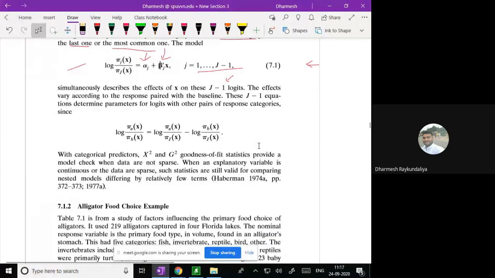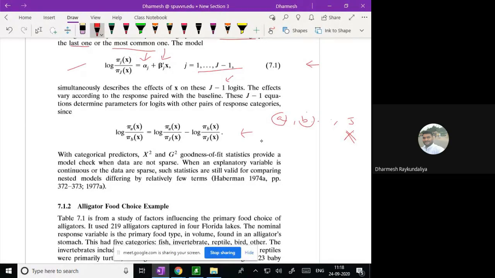Suppose somebody says, no, I'm not interested in finding out about, let us say, category A, B, and likewise, and the last is the jth category. But I am interested in finding out the logit model of category A versus category B. I am not interested in the J. So there is no issue. You can easily obtain the logit of category A versus category B by using this particular equation.